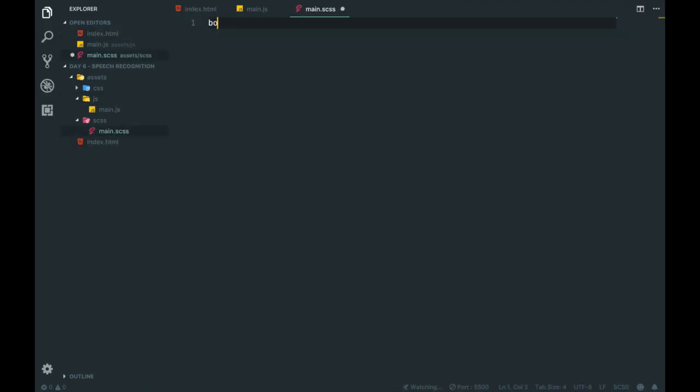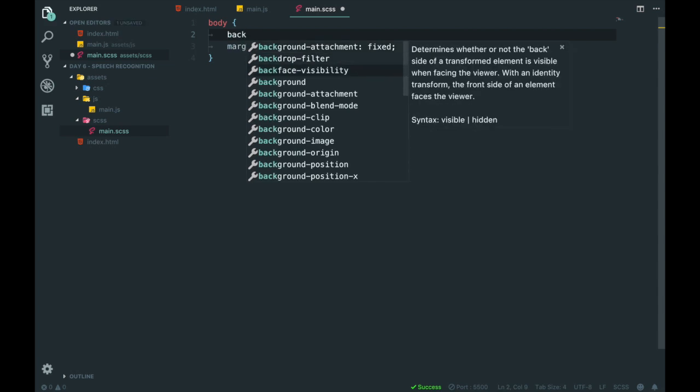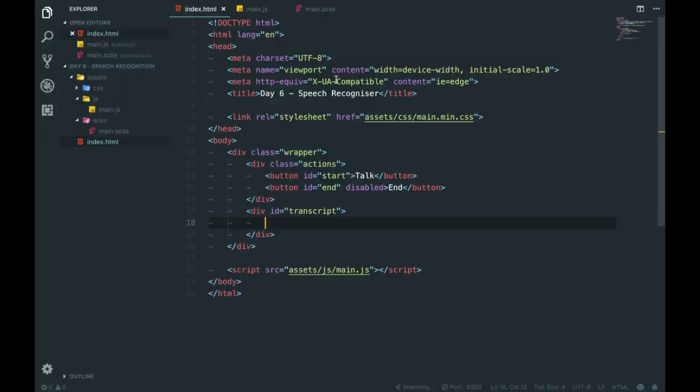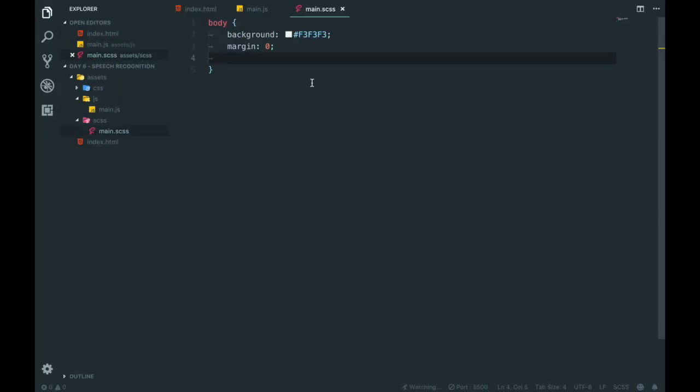And we don't even need any styles really. We could go in and style it all, but today I feel like this is more focused on the actual JavaScript side of things. There's not much styling we need to do. There you go. And then maybe we'll say wrapper. Let's remove that. Let's go dot wrapper